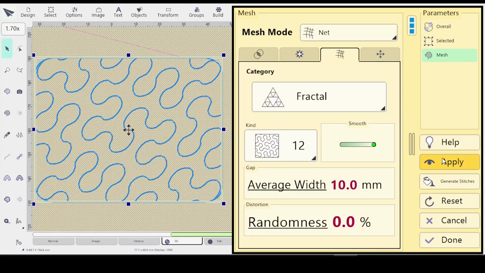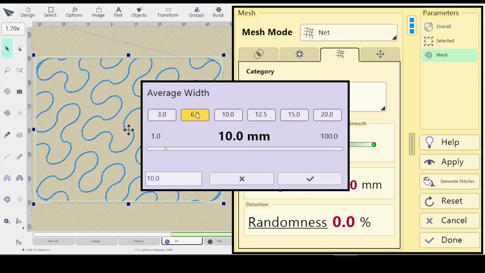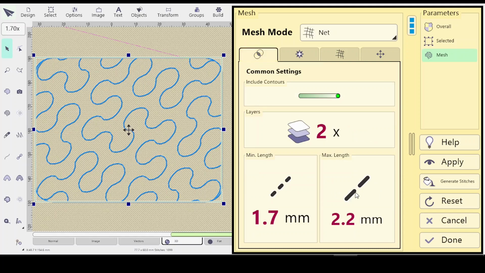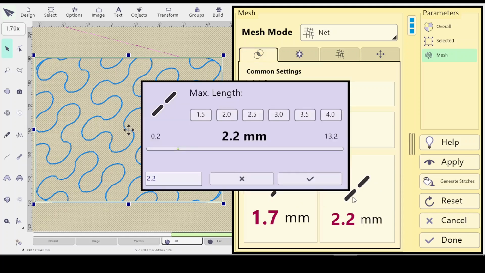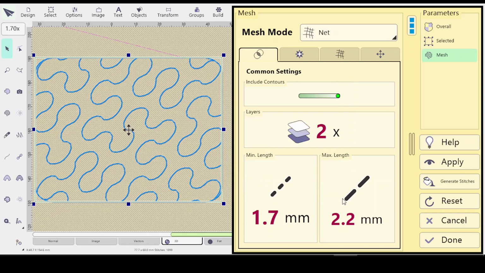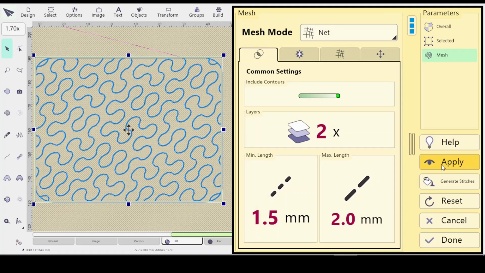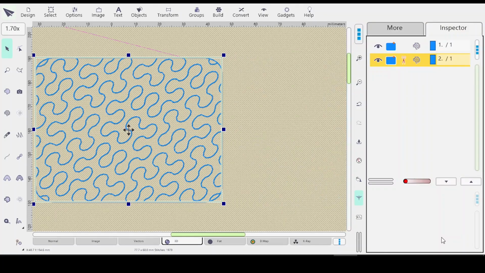So yeah, it smoothed it out. So just keep that in mind. So in this case, I'll just go back down to 6, and I'll go back down to I'll just right click on these and that. So that's kind of good to know. So if you were doing a bag and you wanted it to be all stippled, that's good to know that